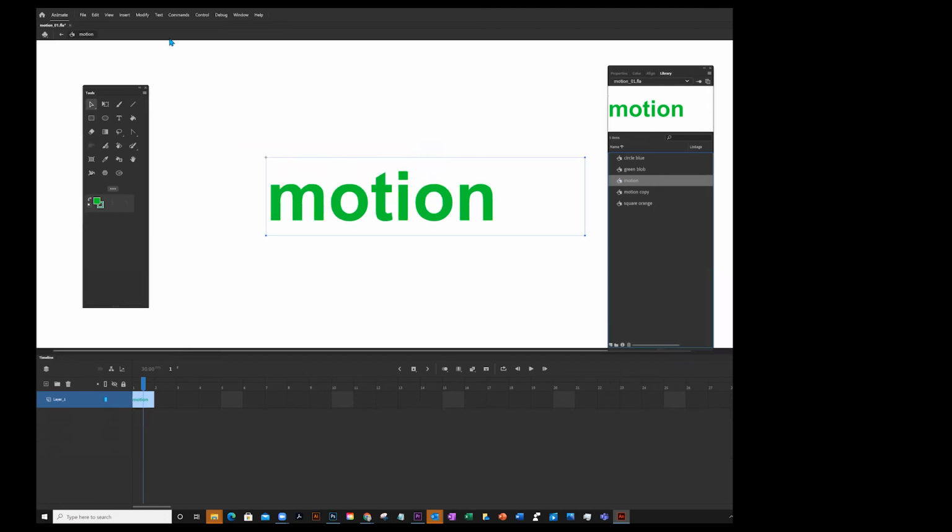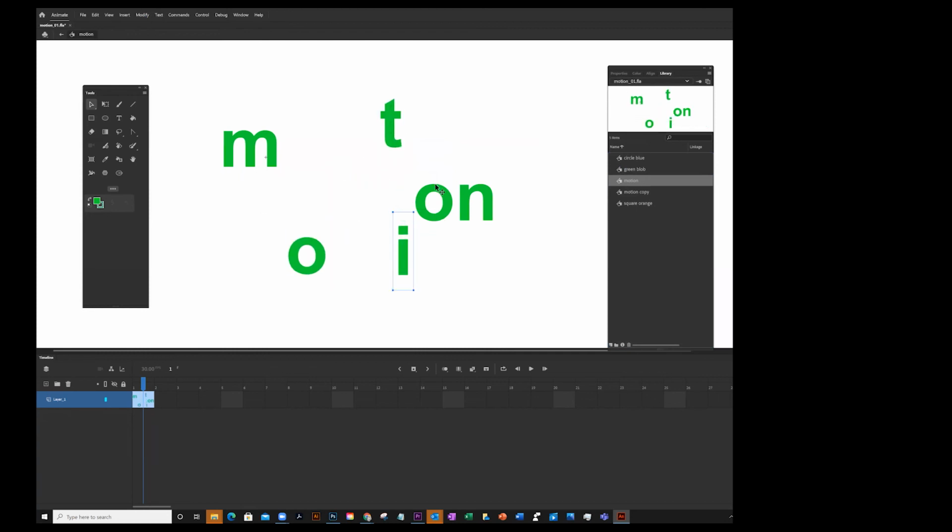And at this point, I'm going to break it apart. Right here, break it apart. Now they're separate entities. So I can move them to different locations. And then I can begin to animate them. Now, if these were all animating, doing different things, each one would become a symbol. And I would have symbol M, symbol O, symbol T, symbol I, and symbol N. I would not have to create two O's because I can repeat it using the same O. And so if we go back to scene,